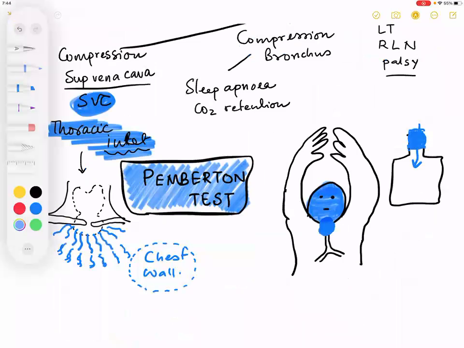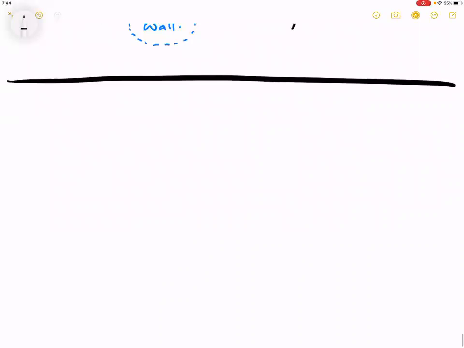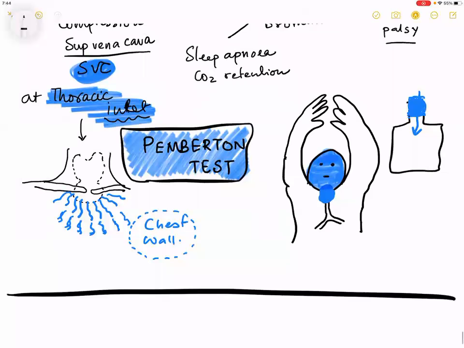The next point, we are gradually coming to the end of the class. Sir, can you please explain this point again, like the Pemberton test mechanism? The Pemberton test is that if this is the thyroid gland, if the hands are raised above, what happens is the gland is forced like this. This is the cork in the bottle. So this cork is pushed down in the bottle. So what happens to the pressure in the bottle? It is raised. So anything that is coming to the bottle, say for example, veins are coming to the thorax, what happens to those veins? They are compressed by the goiter.